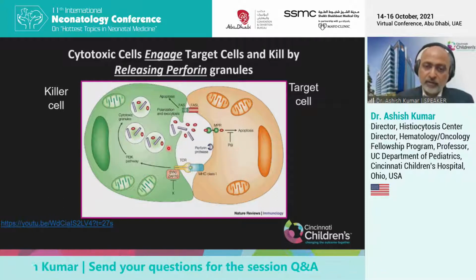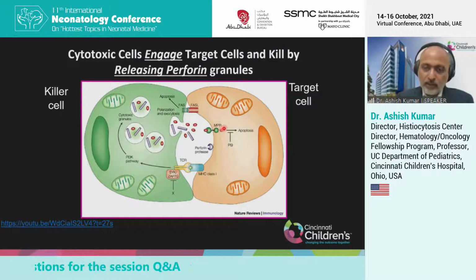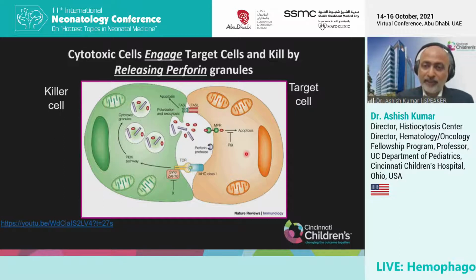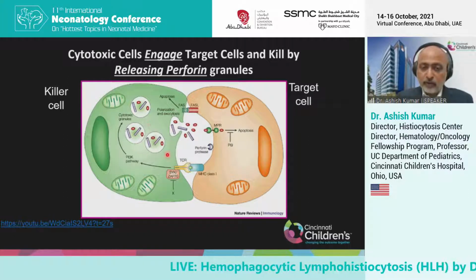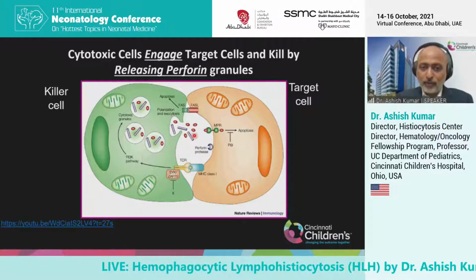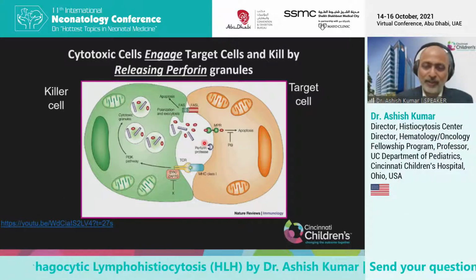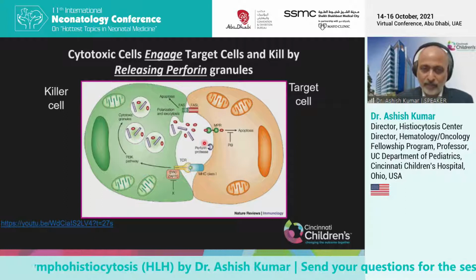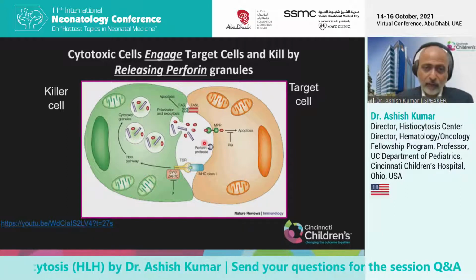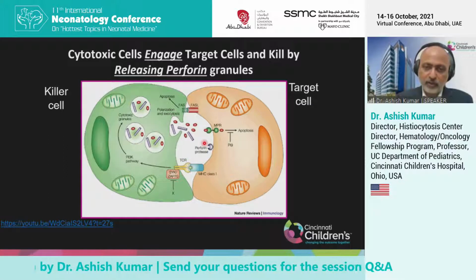So if the cell on the left, which is shown in green, the killer cell, cannot release perforin granules, or if they don't have perforin, then the cell on the right, which needs to be eliminated, the target cell, will not be eliminated, giving rise to HLH. So if the cell does not have perforin, it can release all the granules, but it's like you're shooting with a gun, but your bullets are blanks. They don't have any ammunition in them. That is what happens if you don't have perforin, that was the first genetic defect that I mentioned earlier.